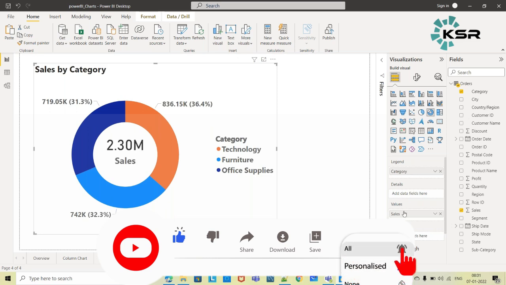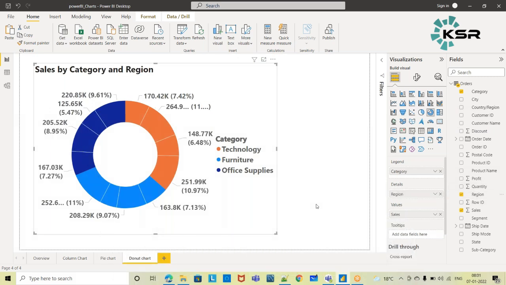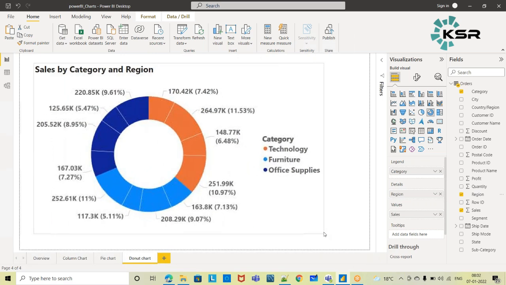With respect to category and sales, that is fine. Now I am adding region also. So additional information I want. So now region wise also, if I want to see the sales. See, this is the technology, this is furniture and office supply.